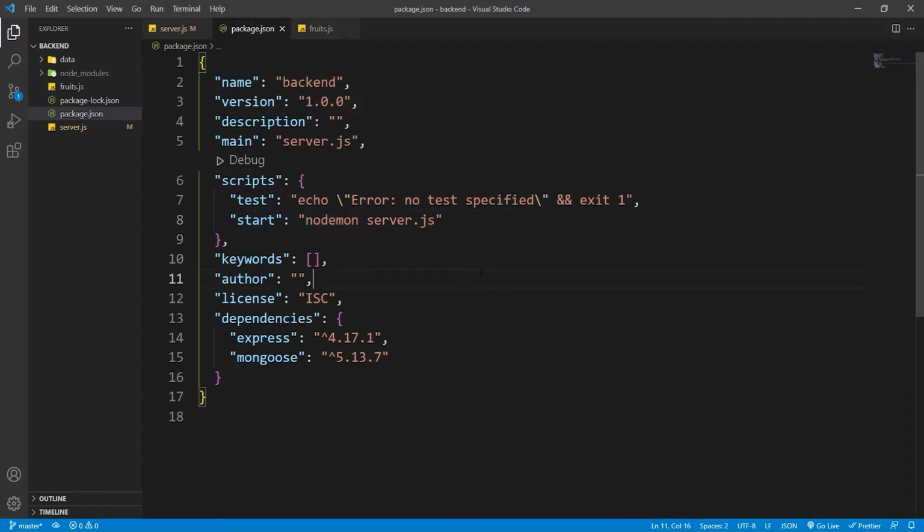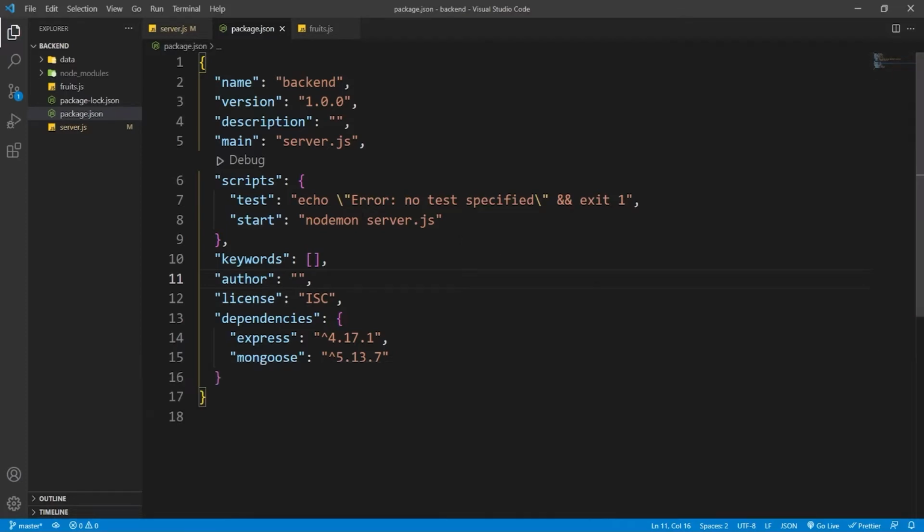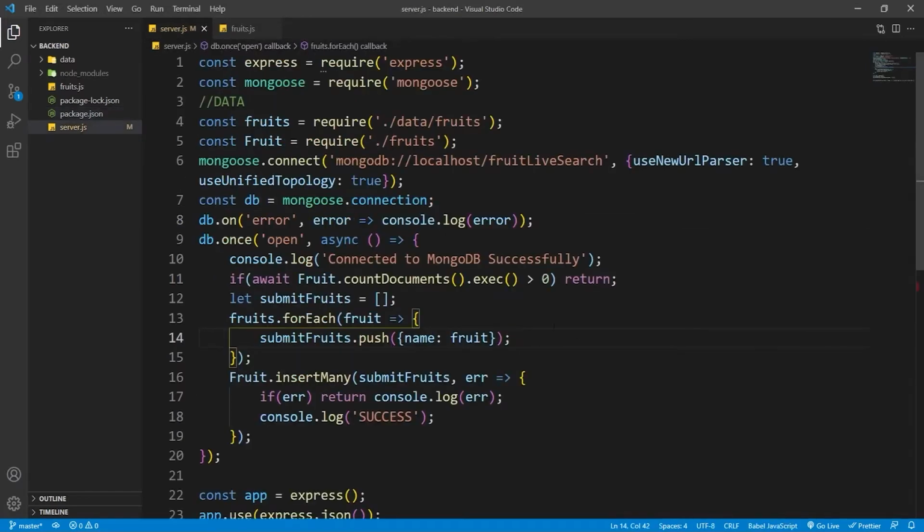Nodemon is something that you need to install if you haven't already. Basically, it just restarts the server every time we make changes to the server file, so that changes automatically get reflected without us having to restart the server manually. So you need to install it like that if you haven't already, but it's likely that you have if you're watching this tutorial. And then what we'll do is say npm,